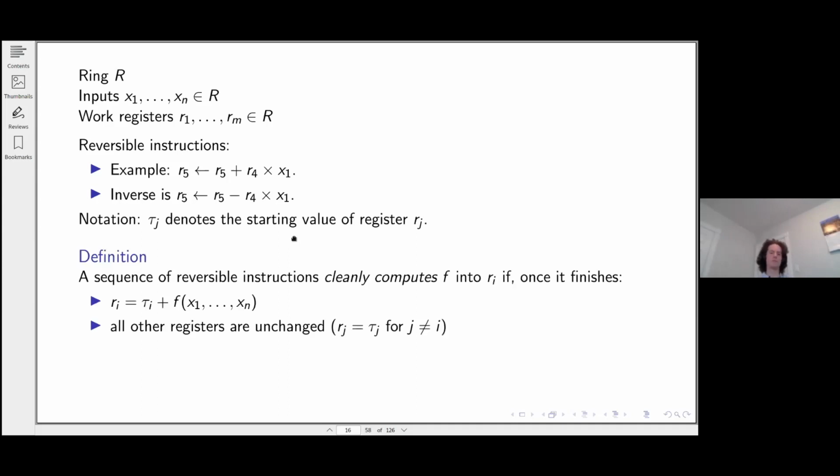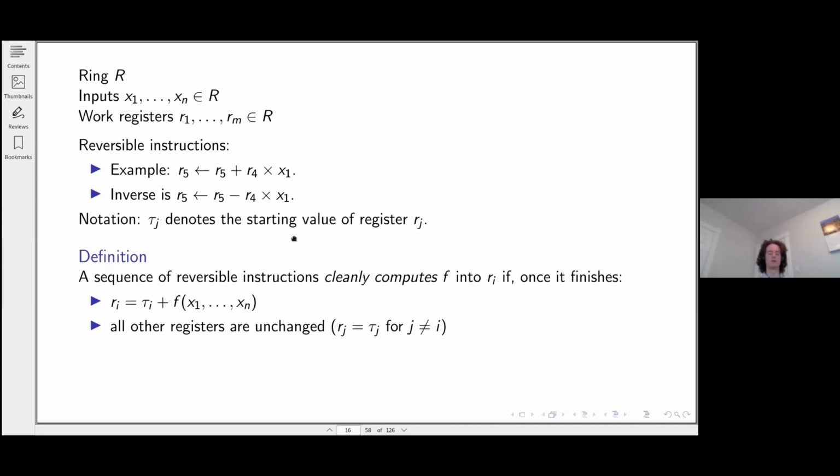I'm going to say a sequence of reversible instructions cleanly computes f into register i if at the end of the sequence of instructions, the final value of register i is its initial value plus the value of f. And the word clean means that at the end of the computation, all of the other registers should be unchanged. One thing to keep in mind is the computation is allowed to use those other registers. It's allowed to write to them, but it needs to make sure that any changes it makes get undone